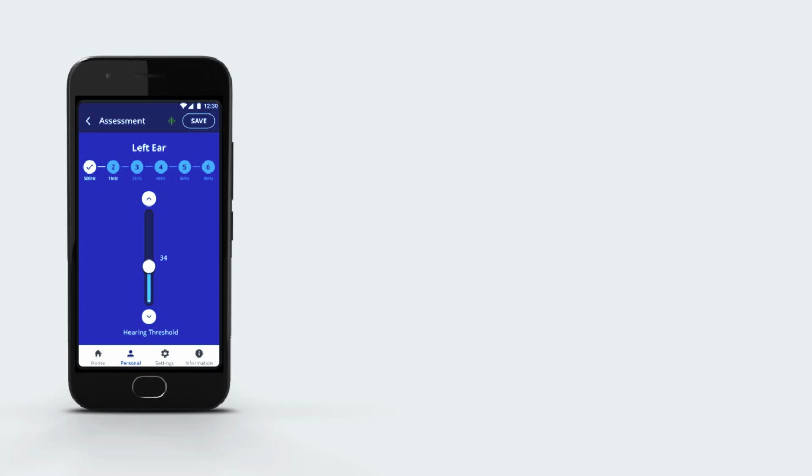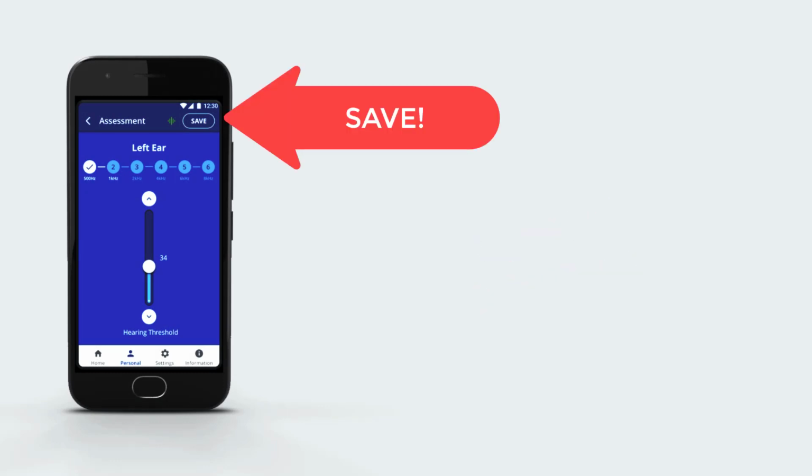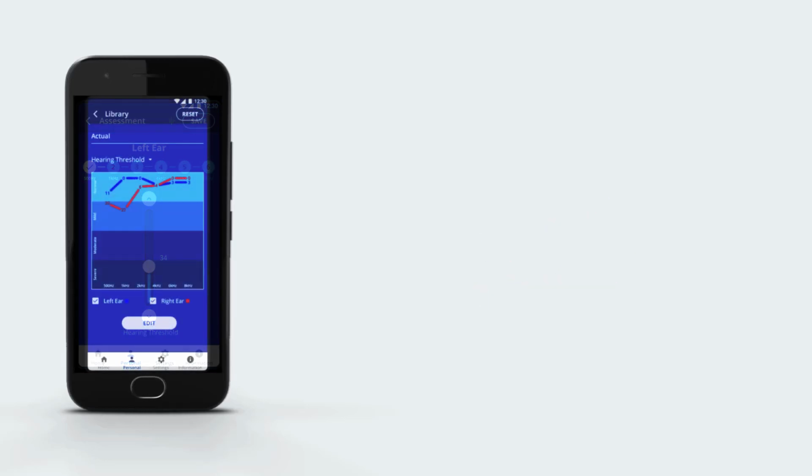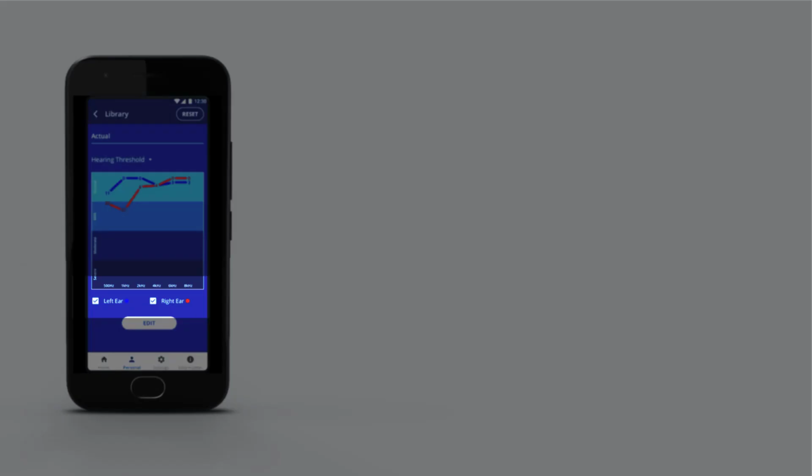After you determine your hearing threshold for the frequency, tap Done, and repeat with each of the frequencies for both ears. When you have finished providing input for both ears, your results will appear in graph form. You can choose to view each ear separately or both together by choosing the desired parameter in the auxiliary menu.